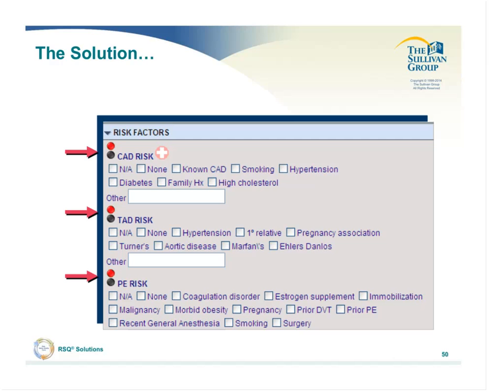And I speak frequently, nationally, on risk and safety in emergency medicine. I say, hey, anybody in the audience, name the risk factors for dissection. Name the risk factors for pulmonary embolism. We can't do it because we are only human,